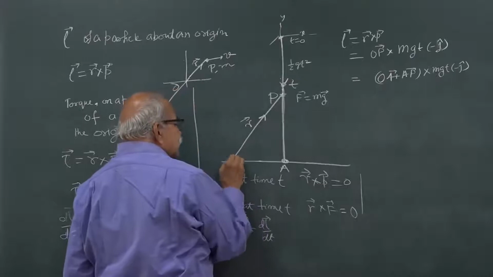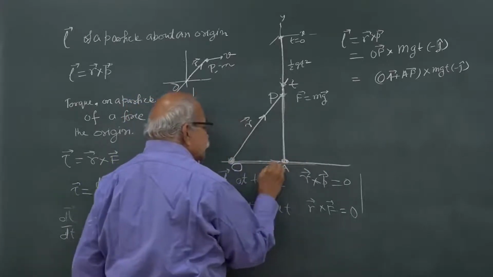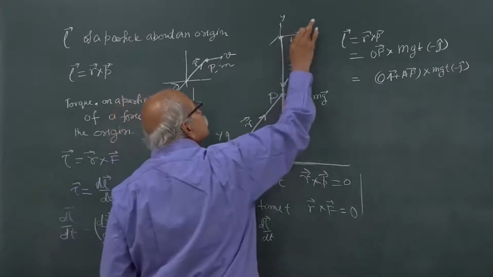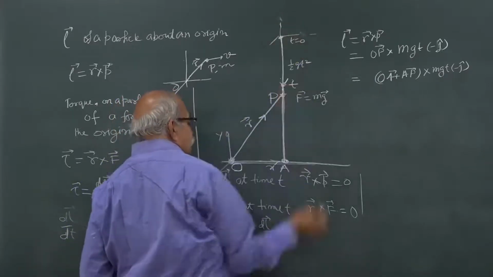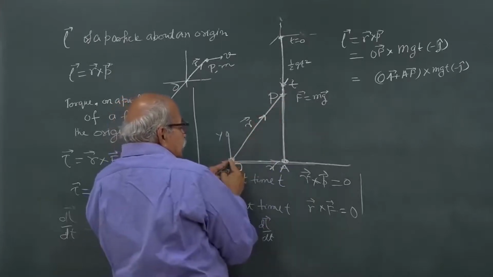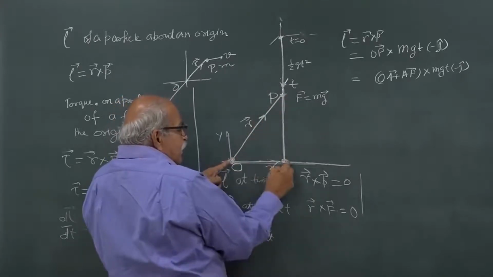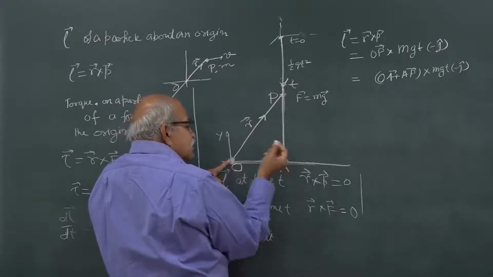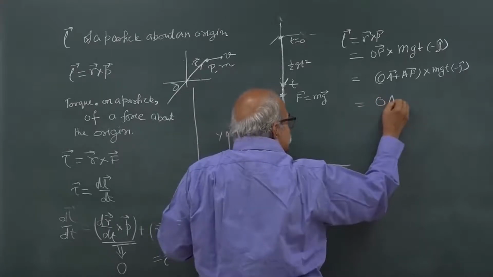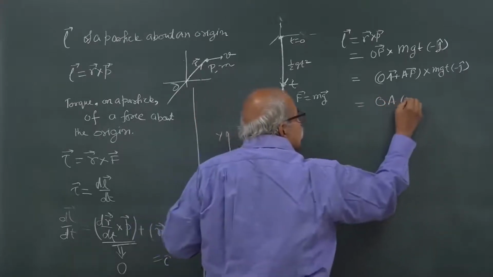So, let us take origin here, and this is our x direction, this is our y direction, and the z direction is here. So, this was earlier. All right. So, this is origin, this is the OP vector, and which I am writing OA plus AP. OA is this distance, some distance OA. So, this is OA times i cap